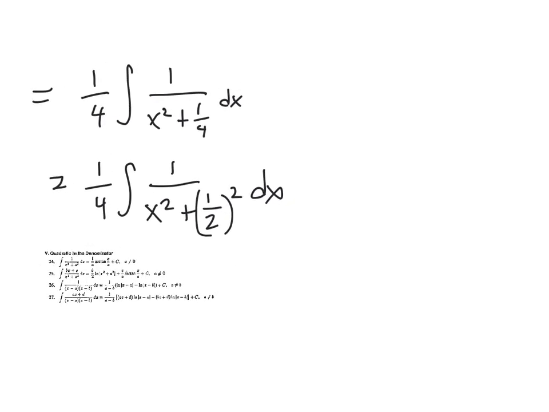Okay, so anyway, I'm going to use entry number 24 in the table. And when you use the table, I would like for you to state which entry you're using, just so that we're on the same page about what it is you're doing. So I'm using 24, and I'm going to write that this is equal to